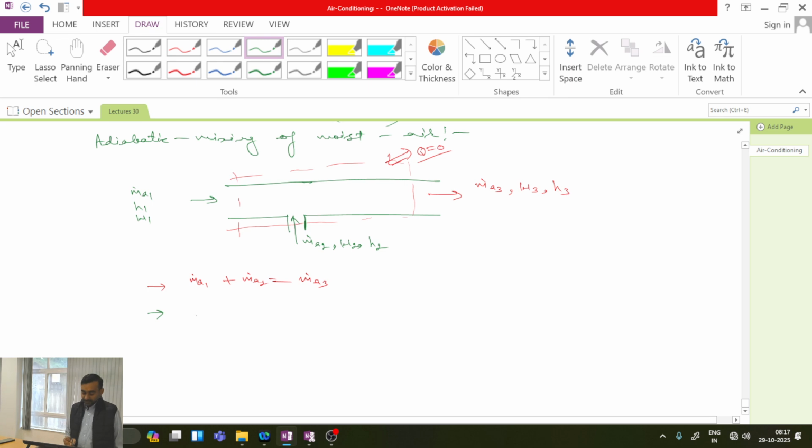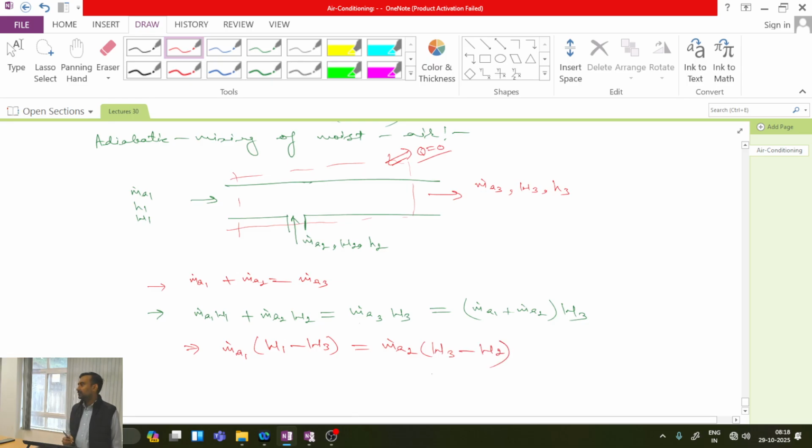Mass of water vapor in incoming air is m dot a1 into w1. Mass of water vapor in m dot a2 into w2 equals m dot a3 into w3. If I replace m dot a3 with this, then what will I get? m dot a1 plus m dot a2 into w3. From here, I get that m dot a1 into w1 minus w3 will be equal to m dot a2 into